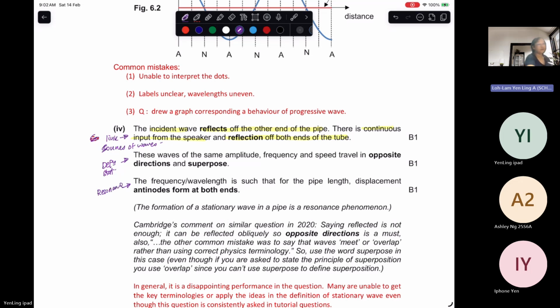It's not every single frequency, or every single wavelength or wave, that will have this particular formation of stationary wave in the pipeline, only when it meets the boundary condition. And what is the boundary condition? It is such that the wavelength or the frequency is such that,